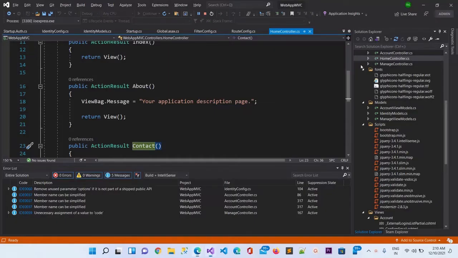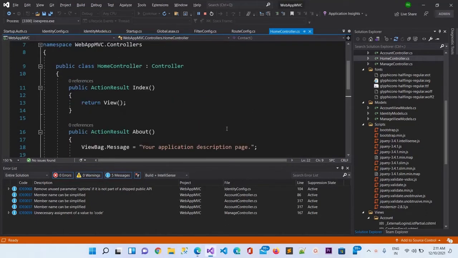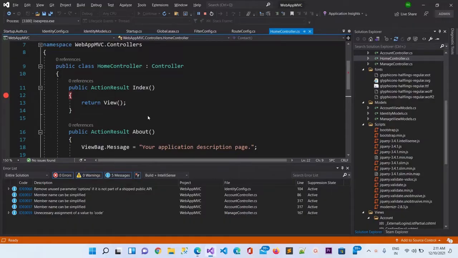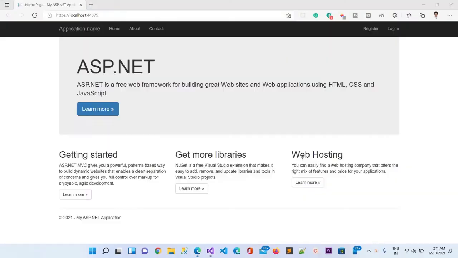It is still loading, so let me go ahead and put a breakpoint here in the index. Let's wait. You can see it has reached the index page. So let me hit the refresh button once again.